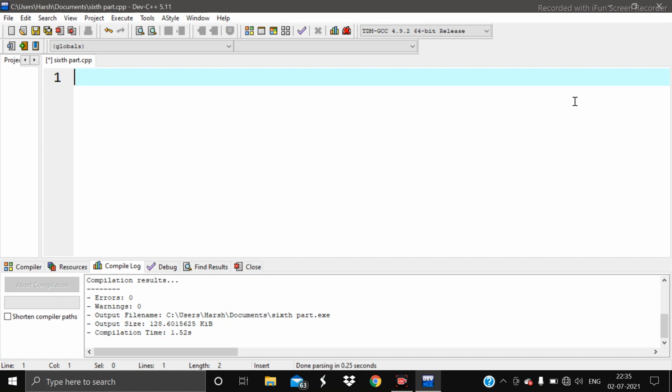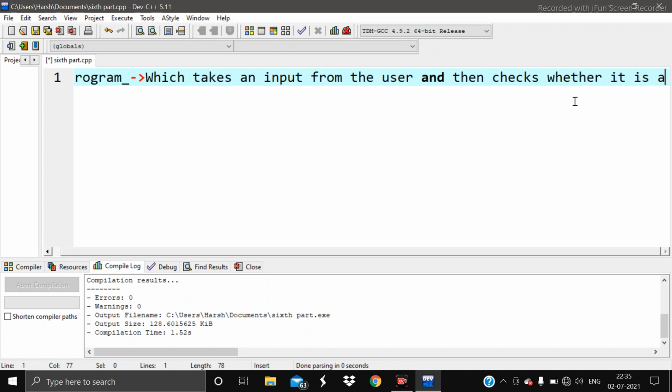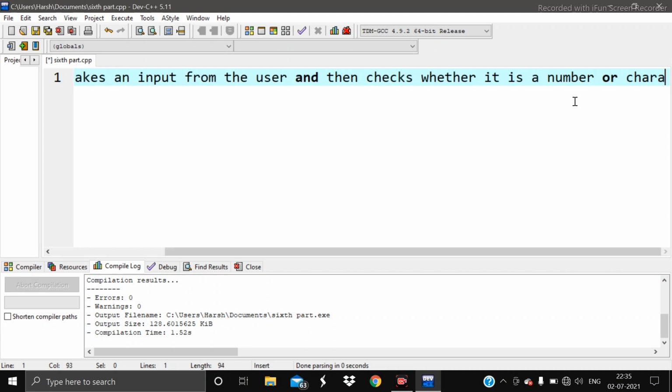Okay. So here, what is the agenda? We have to write a program which takes an input from the user and then checks whether it is a number or a character.